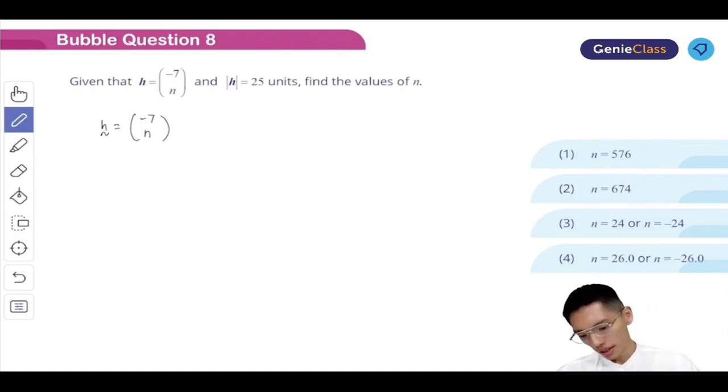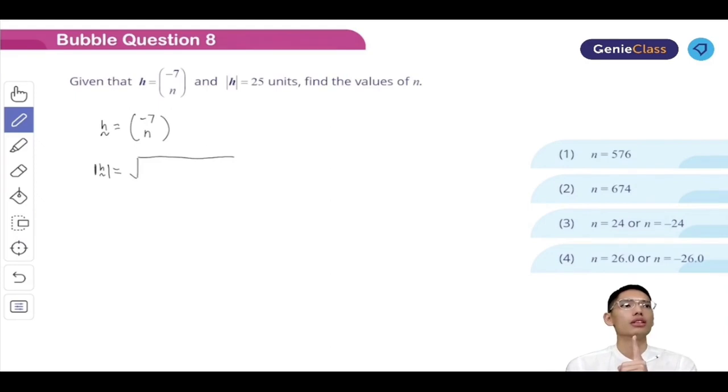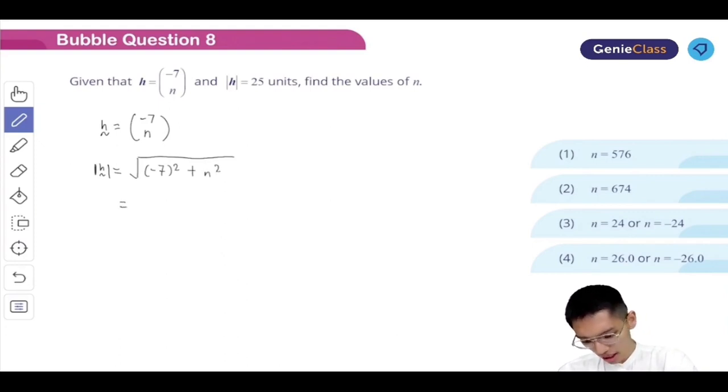Let's see. Okay, so what happens? I have to find the magnitude of h. So magnitude of h over here is when you take the a squared plus b squared. Take note, your brackets are very, very important. So I hope you all realize the brackets are as such. And this is going to give me, take note, n squared plus 49. Now, what is this equals to? This is equals to